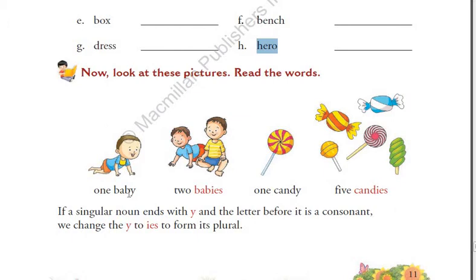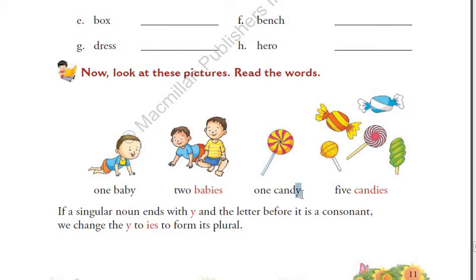Okay, and then we also solved how to make the plural form of the word by replacing y with ies. If the word ends with y, see the word baby ends with y, so in that case you need to replace the alphabet y with 3 alphabets, ies. So the word baby became babies, correct, by replacing y with ies.